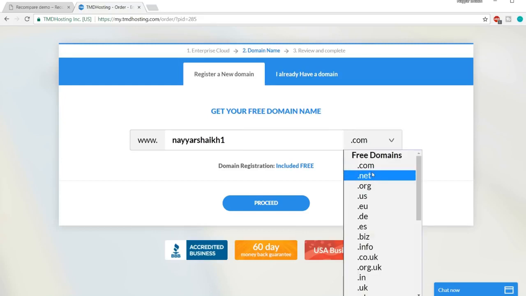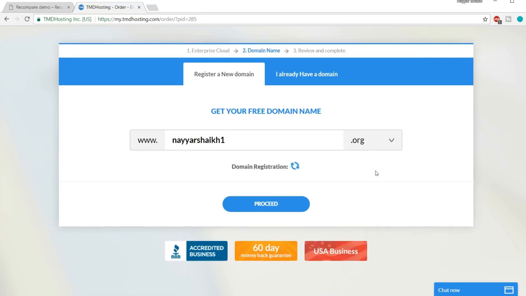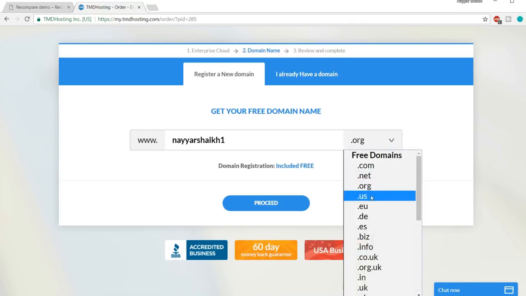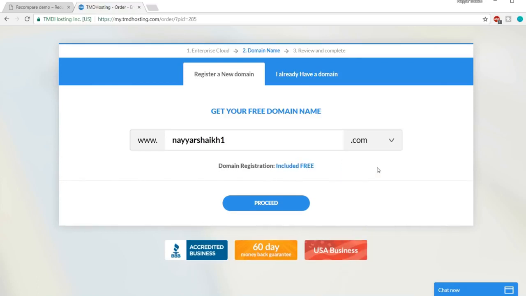For example, if you're creating an NGO or a non-profit website, then you can use .org, or if you're creating any organization, then you can use this .org. If your website is country specific, for example, specific for one country like United States, then you can select .us. If it is specific for India, you can select .in. You can select .net as well, but I highly recommend using the .com one because that is the most used and most reliable one. So type in your website name, whatever you want, and select the extension